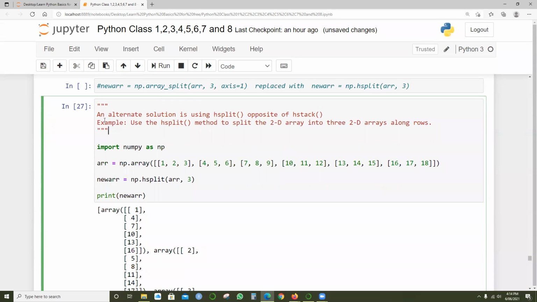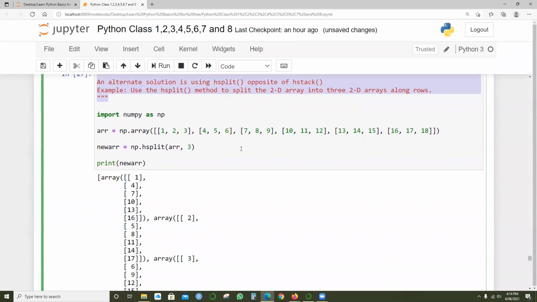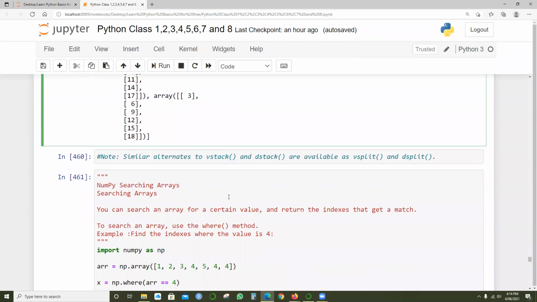That's the reason I'm putting in the comments also. These are not necessary, but just in case someone revisits the code after 2 months, we can say H-split is used to split the values. That will be useful for understanding.